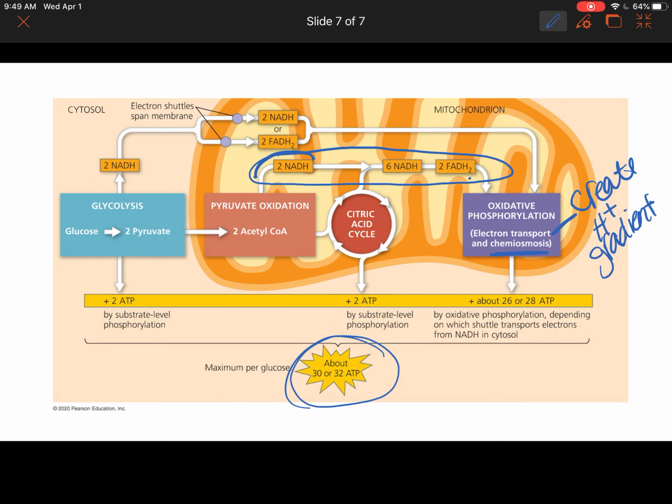Now, I know that that's a lot, and you're going to have to just spend a little time wrapping your head around how electrons correlate to active transport of hydrogen and how that correlates to the energy to make ATP. Okay, you're going to have to spend some time drawing some diagrams and just practicing that information. I'm also going to post the link to some animations that may help you visualize